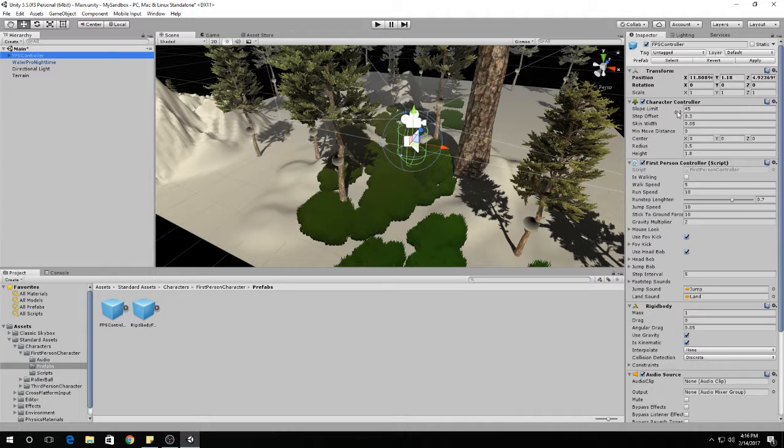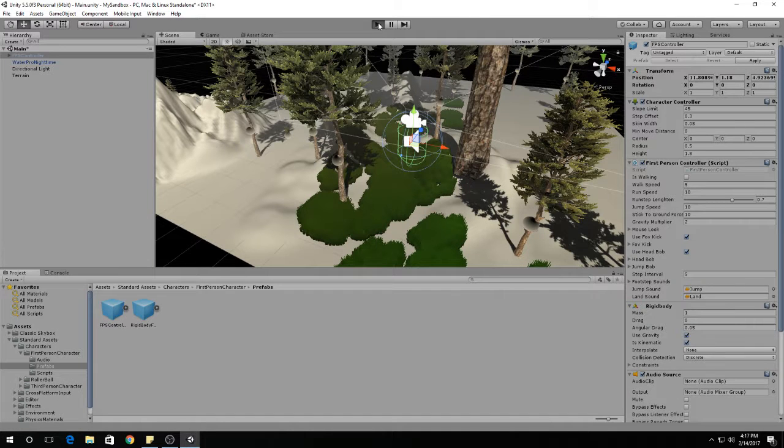The one that I want to look at specifically is an option called Slope Limit. Slope Limit controls how steep of a slope we can climb. So this is saying any slope greater than 45 means that we cannot climb it. Okay? And that'll be a good thing to keep in mind as we work on projects of our own. But if we go ahead and play the game,